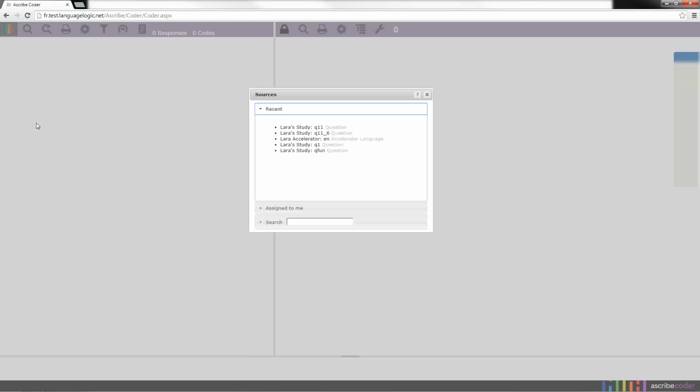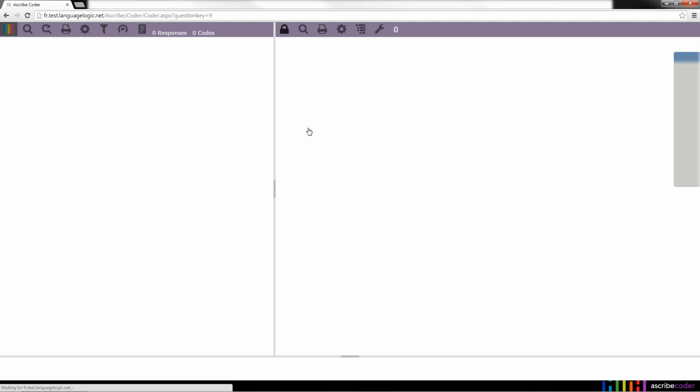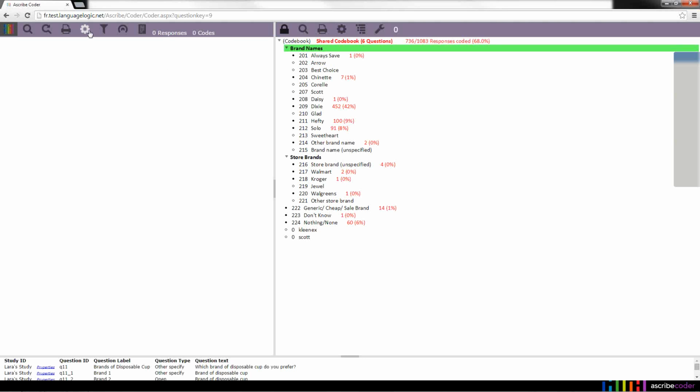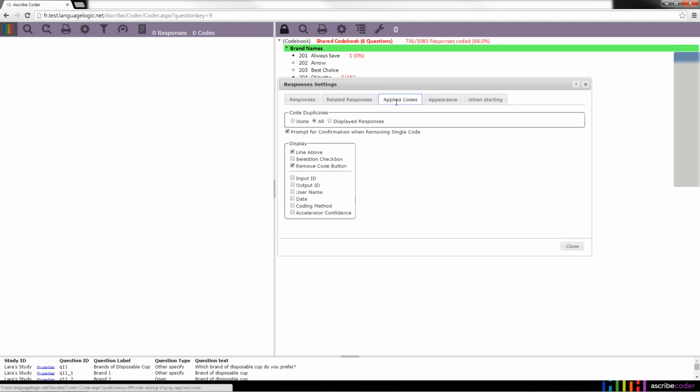All right, the first thing that I want to talk about with Ascribe Coder is code duplicates. So I'm just navigating into this guy here, and I'm going to access my response settings and go to Applied Codes, and pull out the code duplicates options. Today, code duplicates in Ascribe Coder is if you have code duplicates turned on, then all the duplicates will be coded. It doesn't respect our filters. It doesn't respect our searches. Okay, it just applies it across the whole base, with the base here being